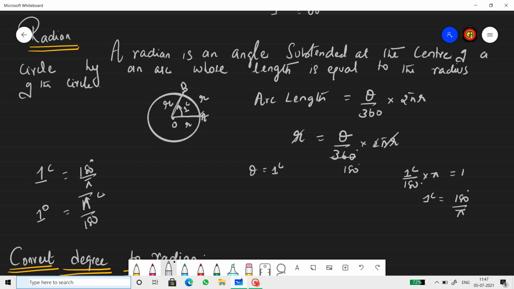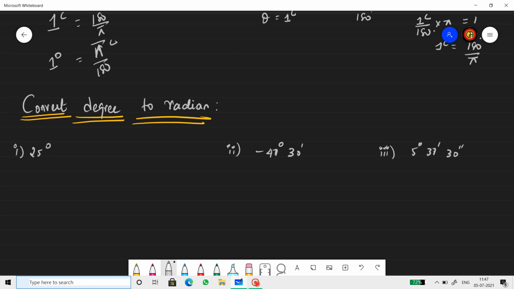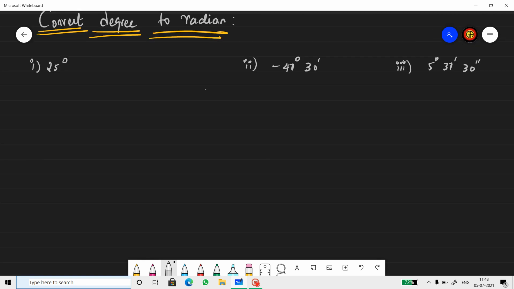Understood? 1 radian is 180 by pi, and 1 degree is pi by 180. Now, let us consider a few example sums of converting degree to radian, and then I'll do a few by converting radian to degree. Fine. So these are questions where we need to convert the given degree to radian. Now, what is the unit conversion here? 1 degree equals pi by 180 radian, isn't it? Now, remember this, and this is how we're going to convert